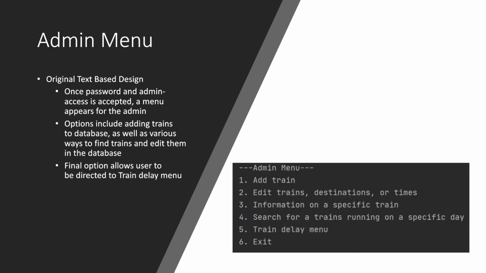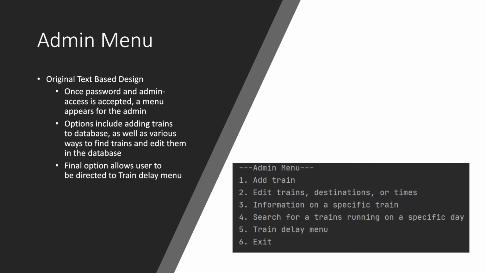And then we have the admin menu, which is only accessible if the user is considered an administrator. In the admin menu, we have 5 different options. You can add a train, and then you can edit trains that already exist. You can display information on trains using an ID, and then you can search for trains running on specific days. And then finally, we have the train delay menu, which is a separate menu that allows the user to add